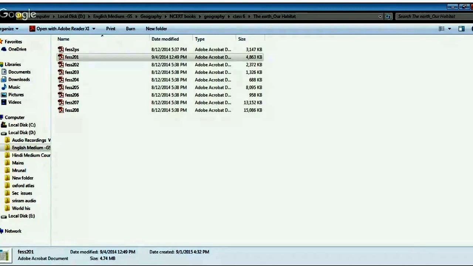So this is the first chapter of NCERT Geography book, and what we'll do is see quick points and very important points, and then we will see all the question answers in the chapter also. So in this first chapter, the Earth in the Solar System, there are some very important points you need to know for any type of exam.